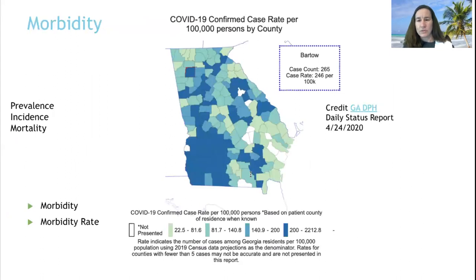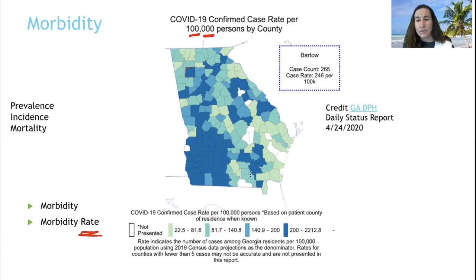So some terms. We have morbidity, and morbidity is you are sick. You have the state of disease, you are ill. And out of the morbidity, we can have morbidity rate. That's how many people are sick, how many diseased individuals you have per some standard number. In this case, it's per 100,000. That's what the textbook uses, and that's what we are using here at Georgia's Department of Public Health. So it's per 100,000 residents, and it's broken down by county, so you can see every county in the state.